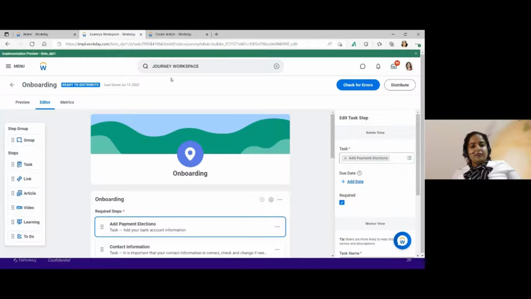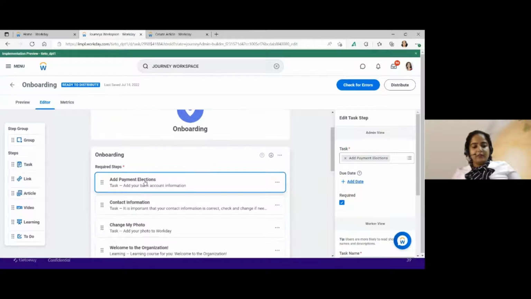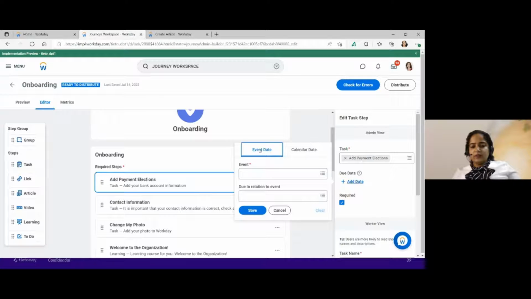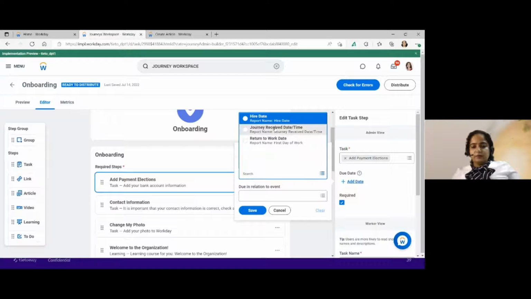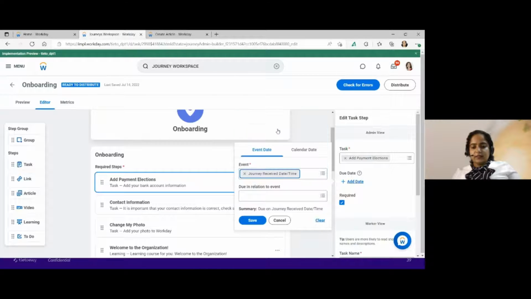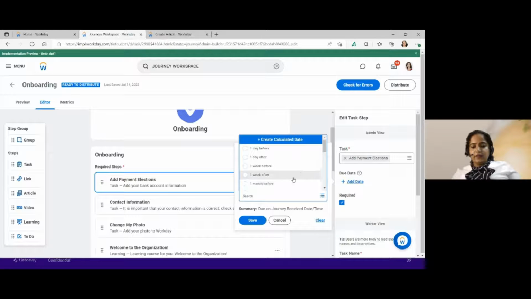I have just typed journey workspace here, and I selected one for demo purposes. When you select it here, you can add a due date. When you add a due date, it can either be an event due date or a calendar due date. So journey received on a date and time. Now over here, if I want something to be, say, after 4 weeks, I can just select